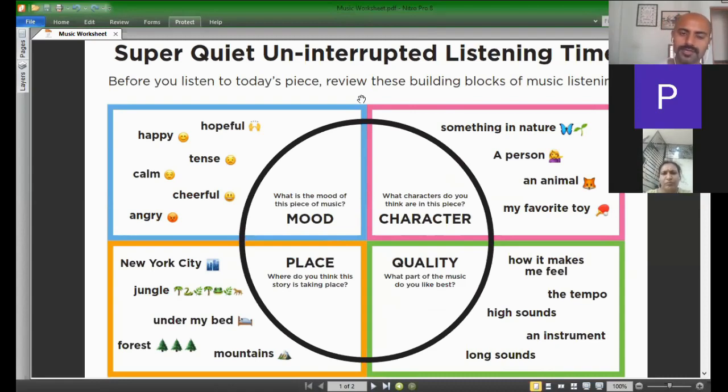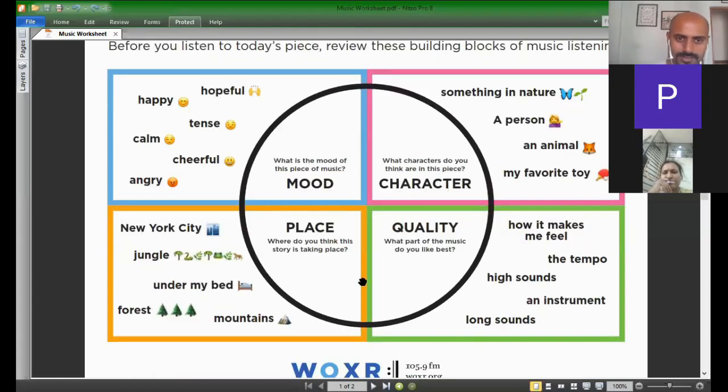So when you hear a piece of music, what mood is it bringing to you? Then, what characters do you think are involved in this? Or with a few more complicated songs and children of slightly older level, you can maybe ask them things like, what characters do you think are being affected by this or are described in this? Things like that.